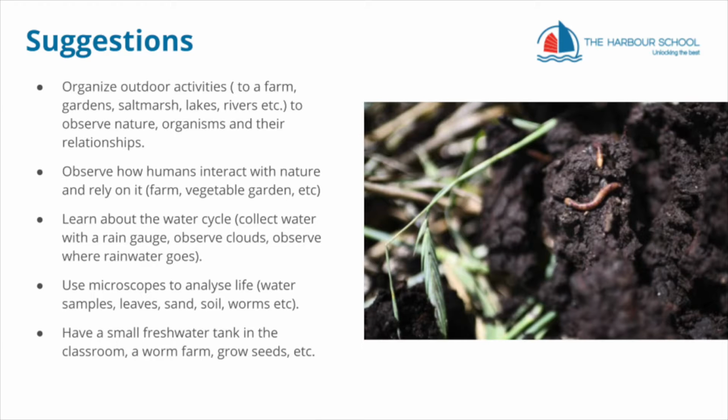For those of you who do not live and teach near the ocean or aquatic ecosystems, fieldwork can still be done and have a meaningful impact to the learner in any ecosystem. Some suggestions are, for example, to organize outdoor activities, for example to a garden or a salt marsh, a lake or a river, to observe nature, organisms and their relationship, observe how humans interact with nature and rely on it,